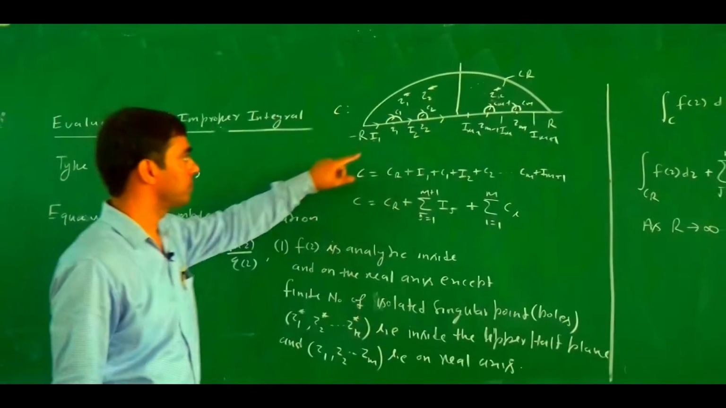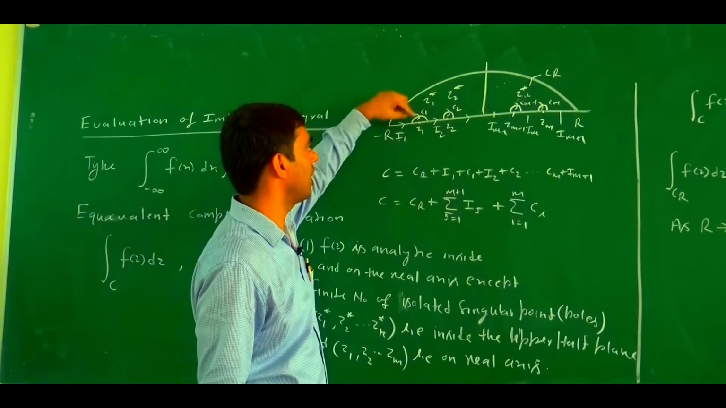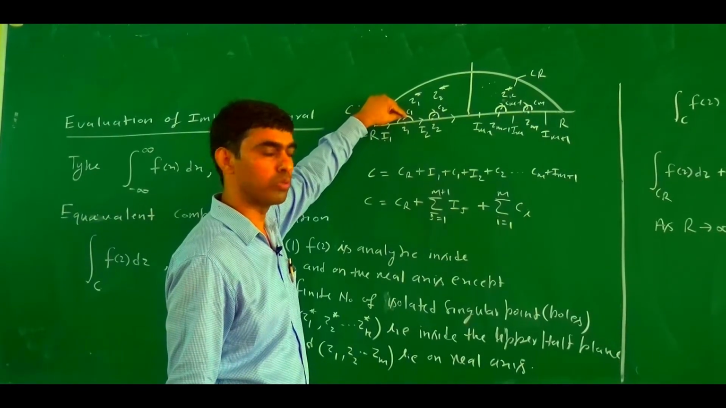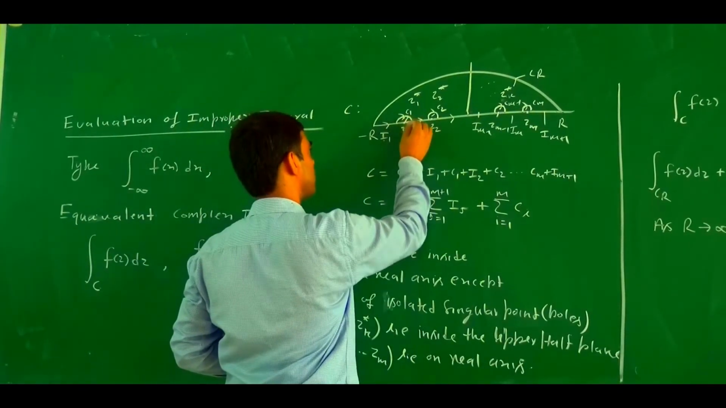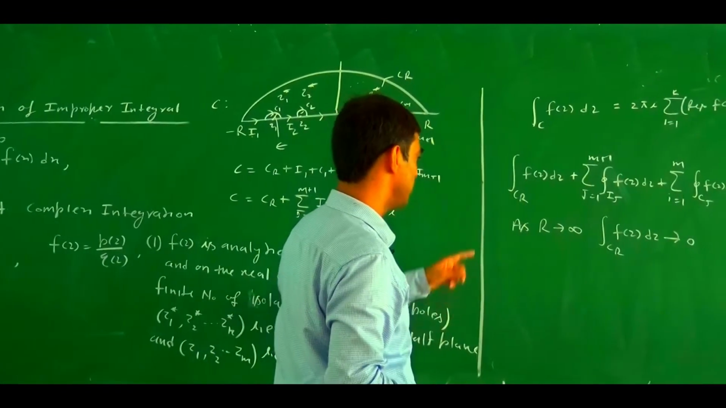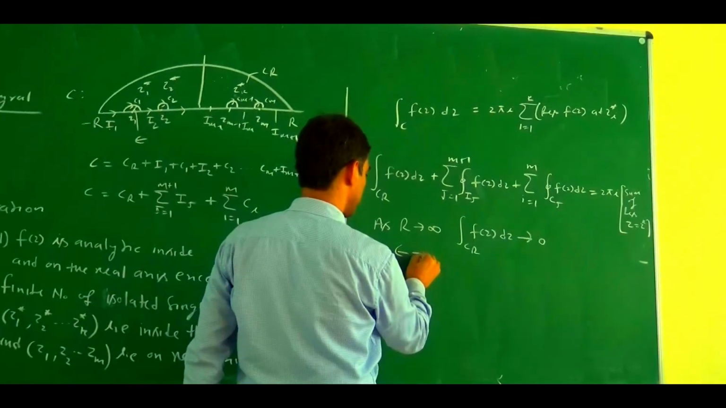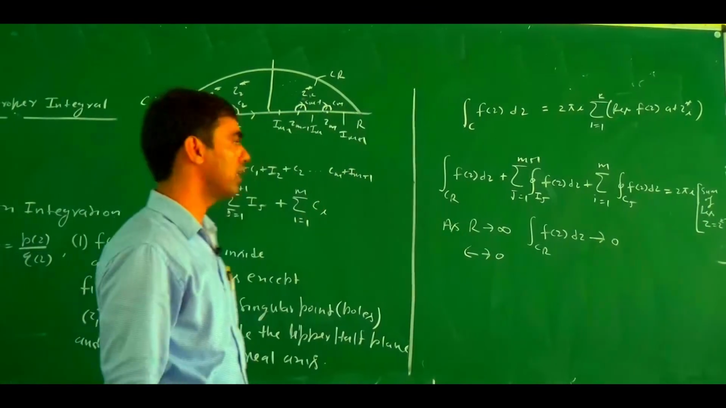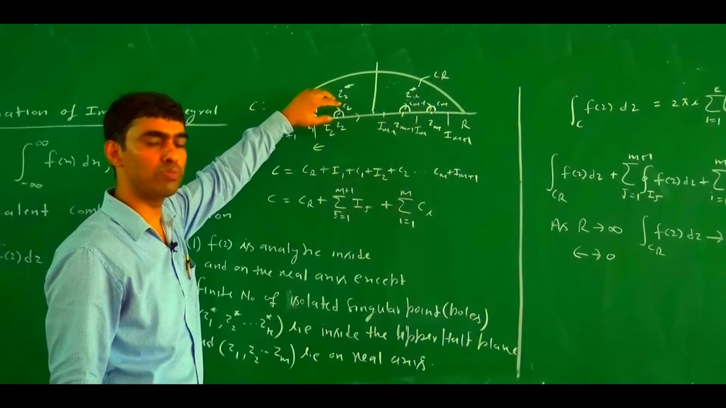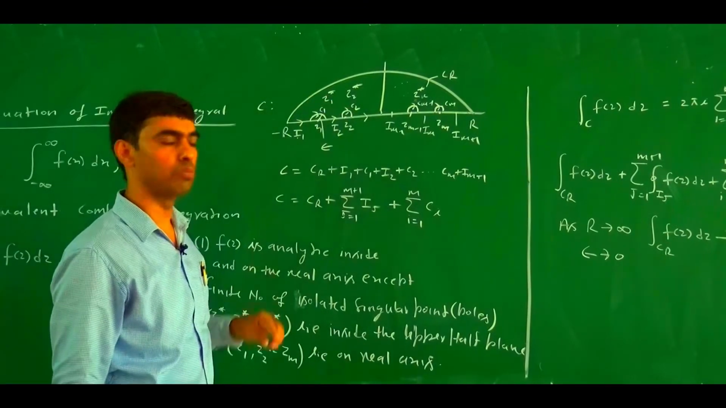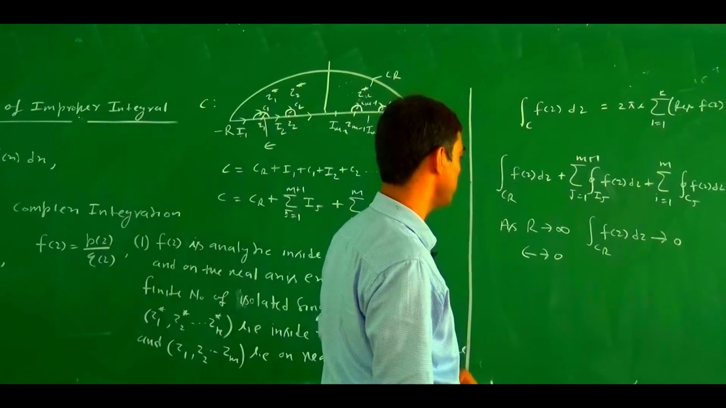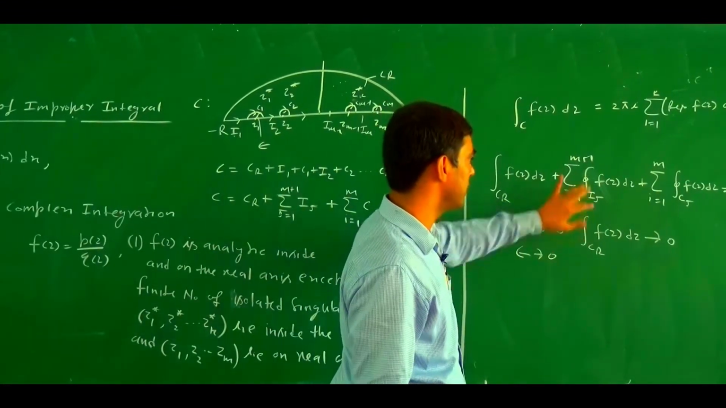So as R tends to infinity, the radius of this circle tends to 0. Suppose the radius of this circle is epsilon. As epsilon tends to 0, the radius of these circles C1, C2 is very small. Here we assume that the radius of this circle is epsilon, which tends to 0. Then this integration becomes